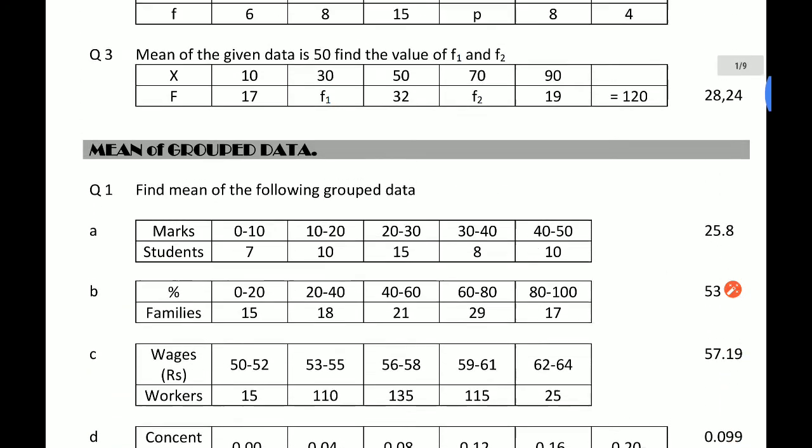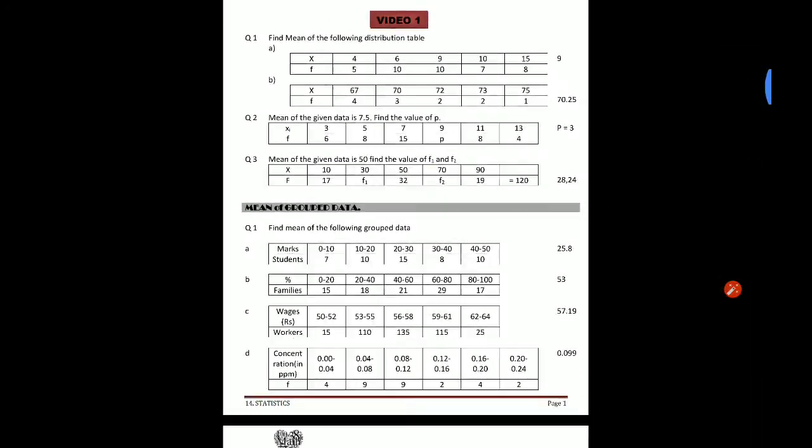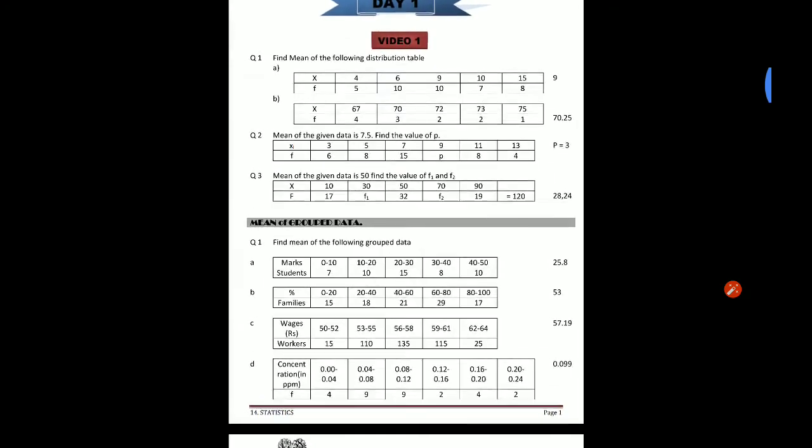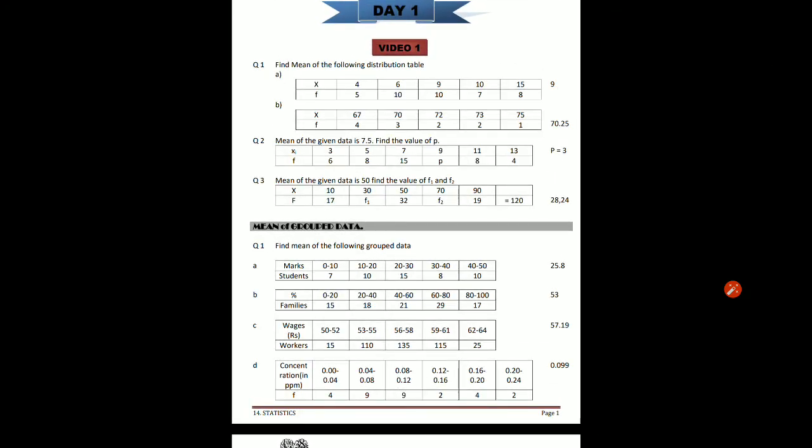डे 2 शुरू हो जाता है, तो आज का दिन बस आपको इतना कंप्लीट करना है. That's it. Day 1 will be completing this much today. ठीक है. The first part maybe 1 or 2 questions you can try, but second part, that means mean of the group data when it starts, this ABCD question properly complete karo. There can be difficulties, there can be issues that will be discussed in a short time.